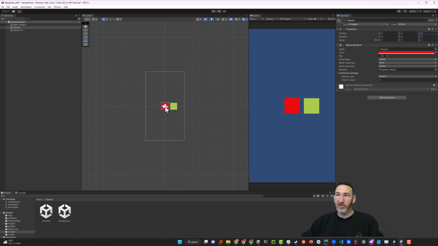Now, what I want to show you is the red one is at 0, 0, 0, which is exactly the middle of the screen, the middle of the camera in these settings. And the green one, it's a bit to the side, it might be a bit upper, and when I move it around, these values change, and you can think of it as a variable. The position and the transform are variables. The position, rotation, and scale are actually what's called vectors, and they are variables of this object. And every object in Unity has a class with variables, and these are the variables that define